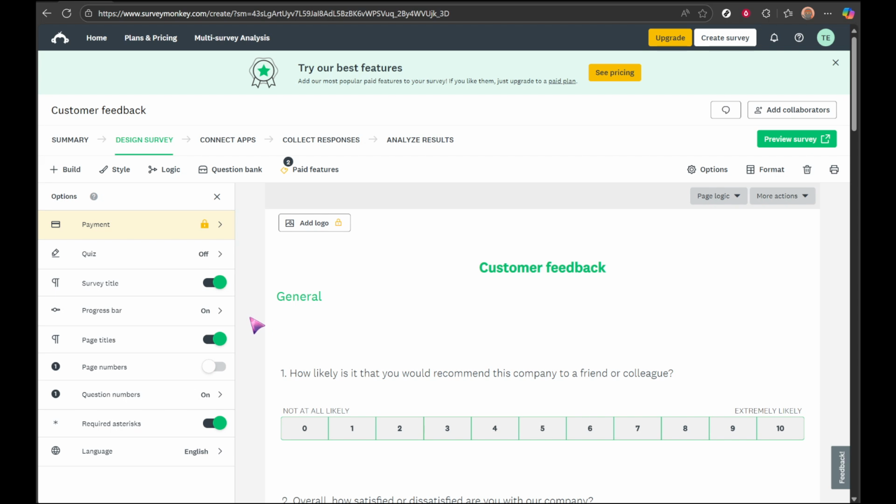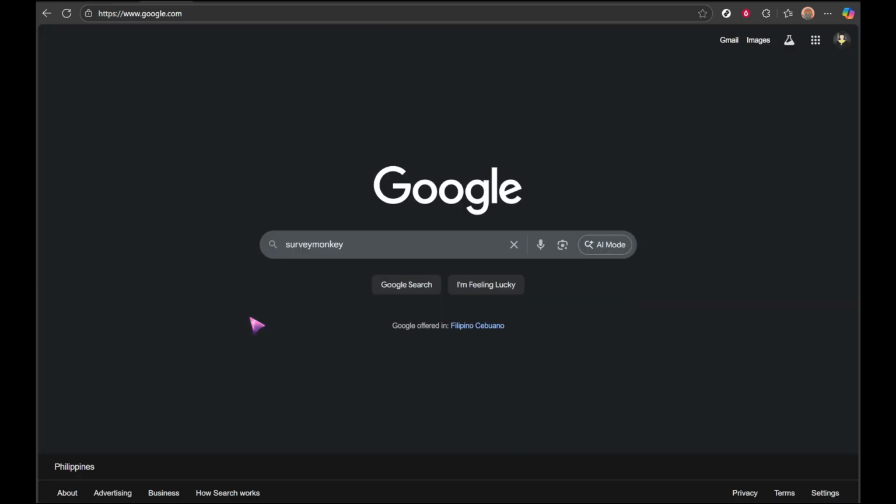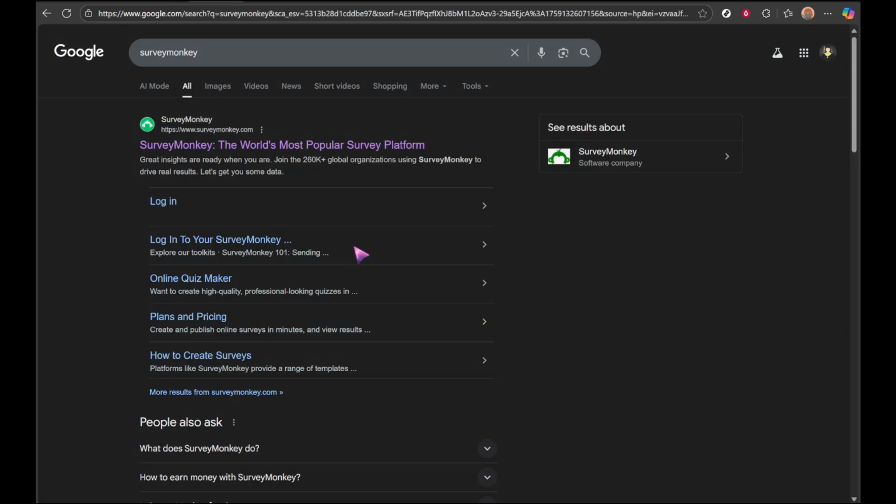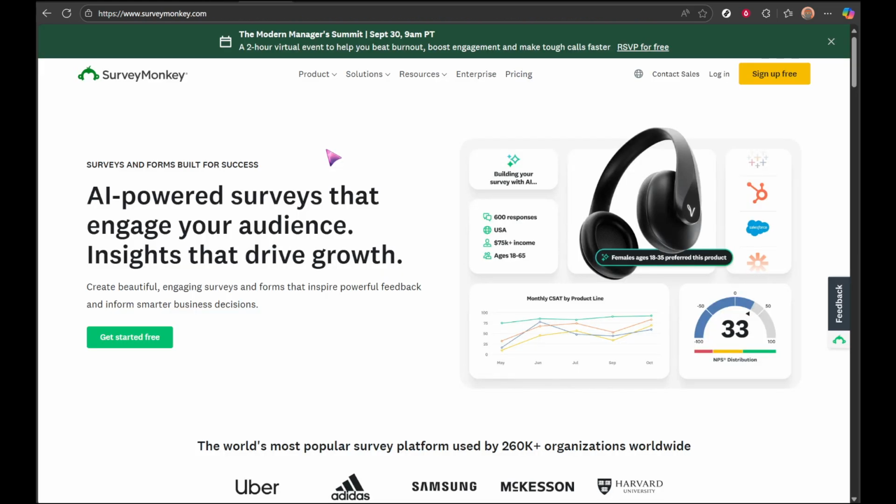First, open your preferred web browser and head over to Google. Once there, all you need to do is type Surveymonkey into the search bar. Hitting enter will bring up a list of results. Now look for the link that says Surveymonkey, the world's most popular survey platform, and go ahead and click on it. This will take you directly to the Surveymonkey homepage where you'll see options to log in or explore the